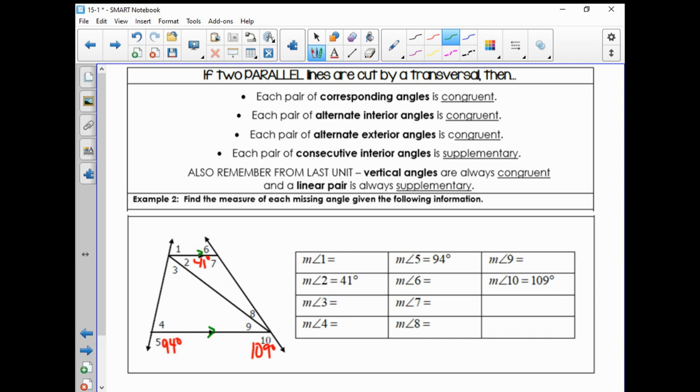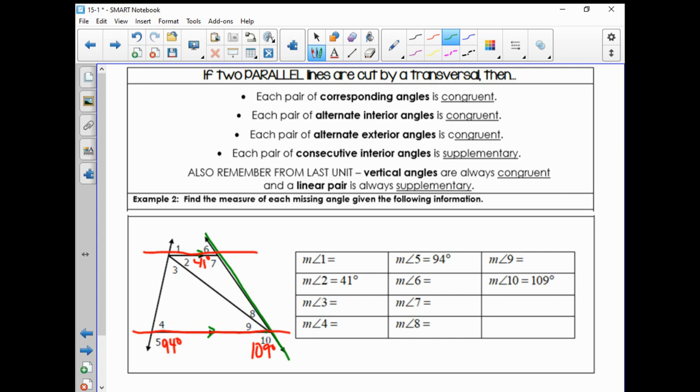Let's look really quickly first at this transversal. So that's going to be our transversal. Here are our two lines. We're just going to extend these out so you can see where they go. So we're just looking at the green transversal right here, and we're going to look at angle 10, which we